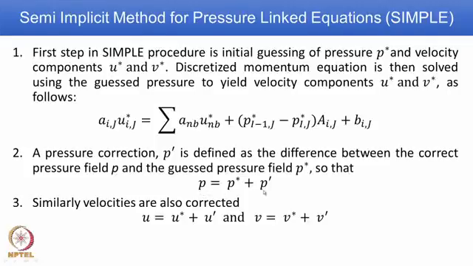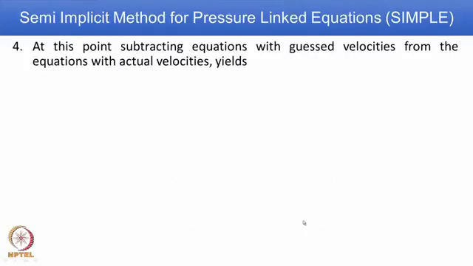We follow a similar procedure for the velocity component. So, u star is the guess velocity and u prime is the correction in velocity. If you add them together, you get the correct velocity field. Similarly for the other component of velocity. At this point, if you subtract the equation with the guessed values from the equation with the actual velocities, which means you have actually started with the guessed values,